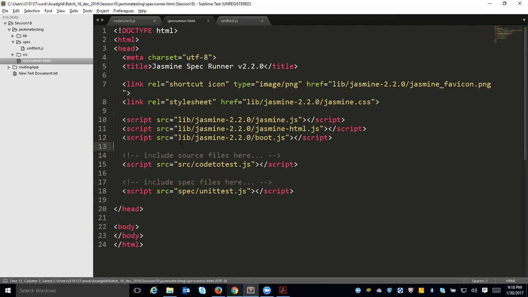This is the actual file which you will run, and if you run this, it will automatically start running your test cases. Okay, how? That we will see. So what you need to do is just open this file in a browser. Okay, so here you can see